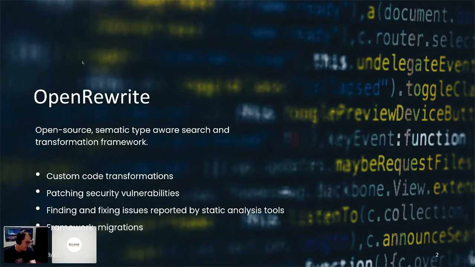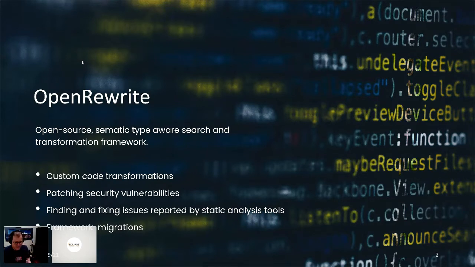And then finally, I think that if this takes off a little bit more, we definitely see this being used for framework migration. So think of library authors like Micronaut, Spring, Quarkus, that sort of thing. When they make a breaking change, wouldn't it be nice if you had a tool that could help your users migrate to the new versions? And again, Open Rewrite has the capability of doing that, and we're going to show a lot of demos today where we'll show this in practice.